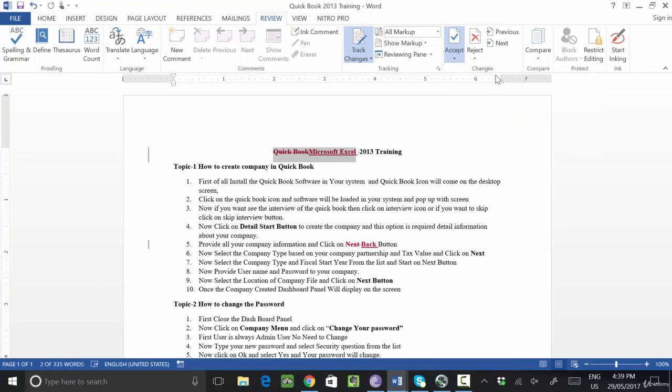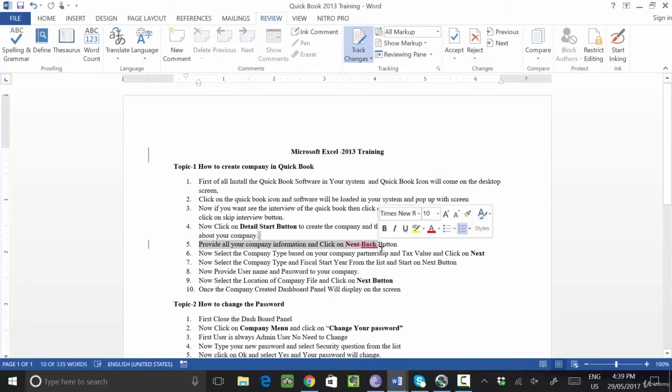So click on this button. Now this word is changed into Microsoft Excel. Okay, accepted. Now I don't want to accept these changes, next and back. I don't want to accept. I say that whatever I previously wrote in this document is okay. So what I will do is reject and move to next. So you will see your previous text comes back in your document. Is it clear? Okay, this is called track changes.